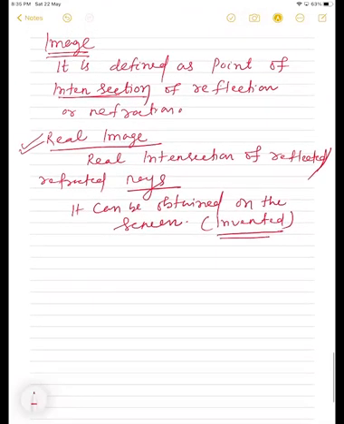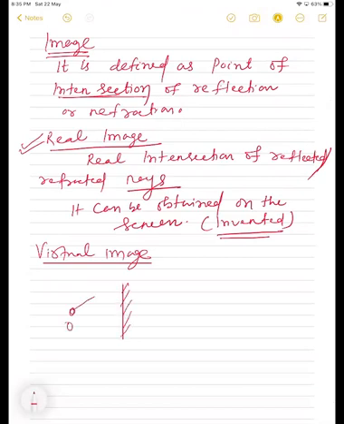और वर्चुअल इमेज क्या होता है? Just next write this, virtual image. वर्चुअल इमेज क्या होता है? Due to the apparent intersection, अपरेंट इंटरसेक्शन का ये मतलब है, मान के चलो ये एक प्लेन मिरर है, मैंने यहाँ पर एक ऑब्जेक्ट रखा था, एक रे ऐसे गया तो वो वापस ऐसे चला गया, ठीक है, एक पॉइंट रे ऐसे गया तो फिर वापस चला गया, they are not supposed to meet at this point, but if they will be extended back they are supposed to meet at this point, that is known as image, correct।